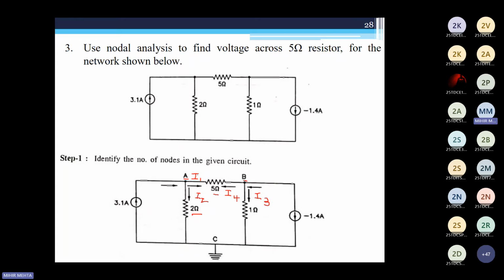So that means my 1.4 amperes is equal to I3 plus I4. Okay. So when I talk about 1.4 amperes is equal to I3, what is I3? I3 would be VB minus VC by 1 ohm. So again, converting my current in terms of voltage and resistance. So that would be VB minus VC upon 1 ohm. And similarly, my I4 would be VB minus